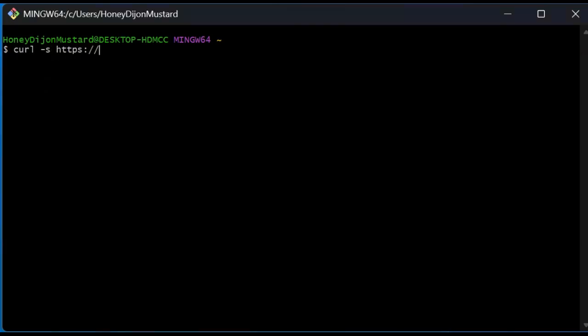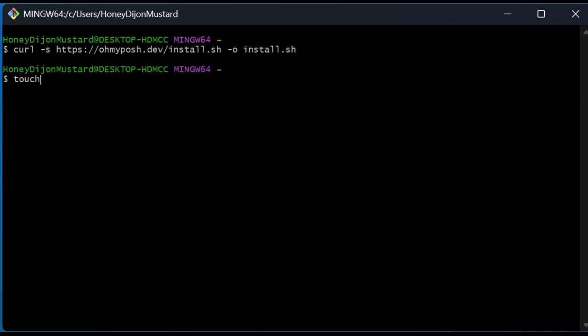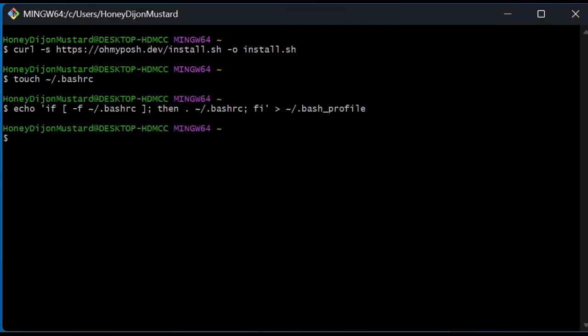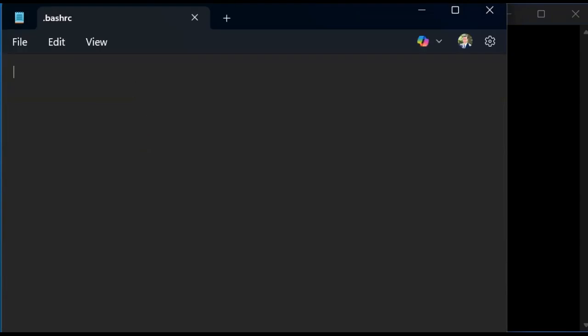We should be good to go with the PowerShell terminal, but we'll also need to complete this configuration for our Bash terminal. I'll start by running a command to confirm OhMyPosh has been installed, and I'll also create a few Bash configuration files, including the Bash RC and the Bash profile files. And then I'll open the Bash file with Notepad and add the following line and save and close. Remember, I'll also include all of this code in the description, and go ahead and close your terminal and then